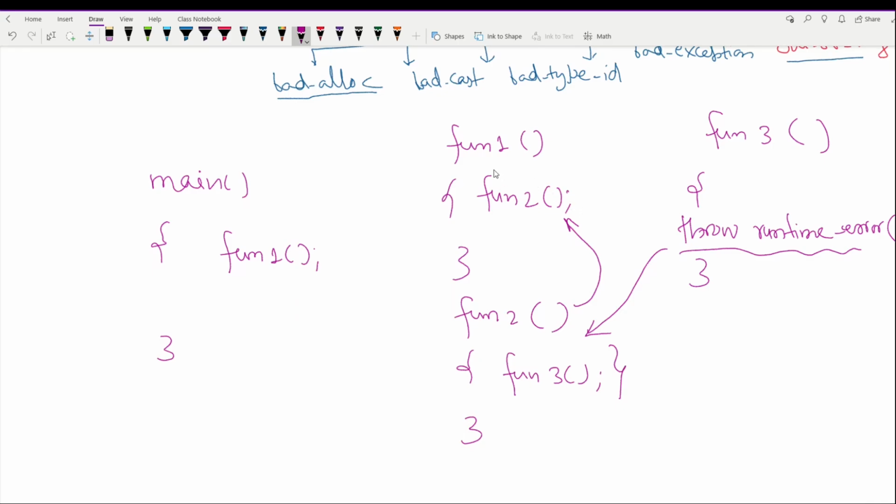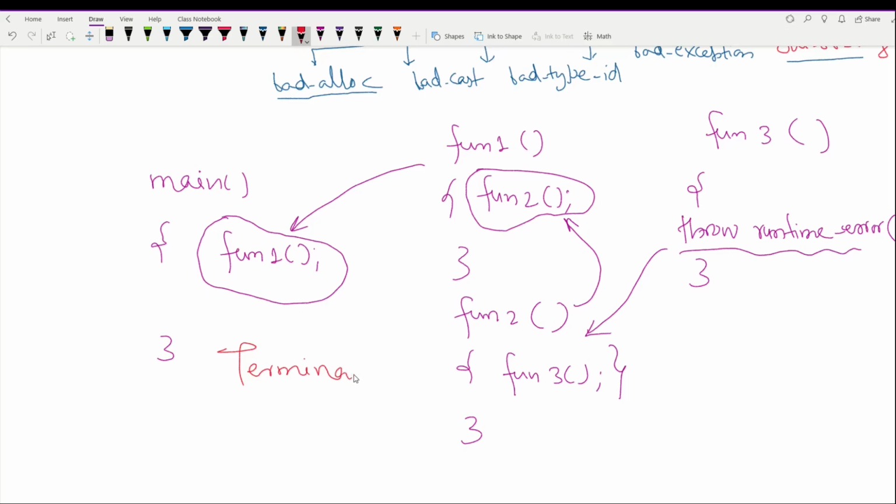But again if this is not inside a try catch block, it will again unwind and go back to main. Now it's the duty of the main function to handle the exception raised by function 3. But if the main function does not handle it, the program is going to terminate abnormally, right? So now let's write this program and see it in action.